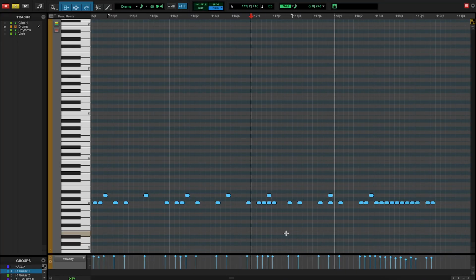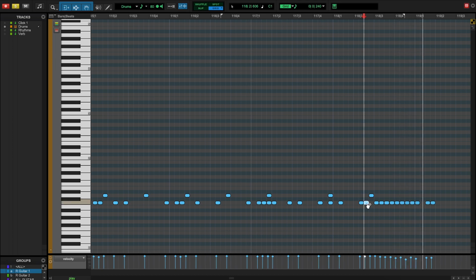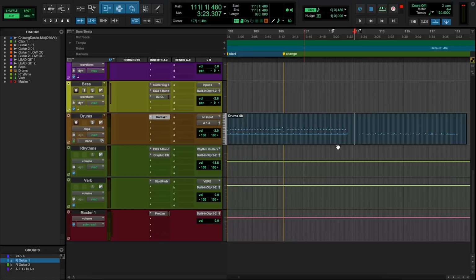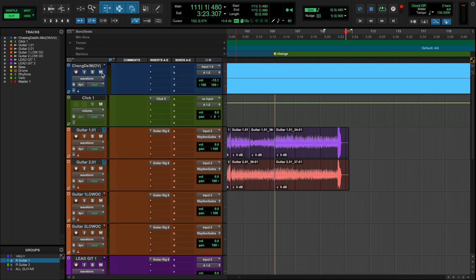It cleaned it up a lot more. See, so that's a way you can play your way in. It's a lot faster. And now we just got to do the cymbal work. So let's listen back again to just refresh on the ride pattern.